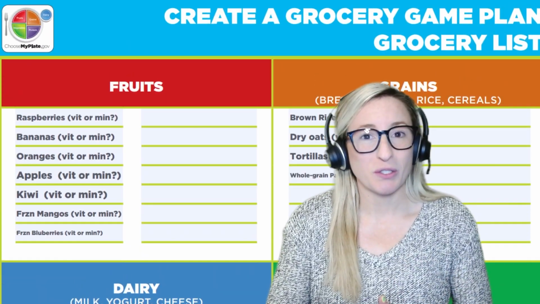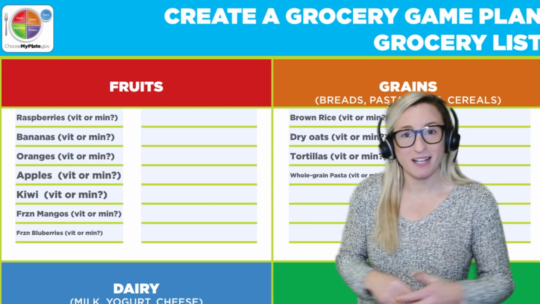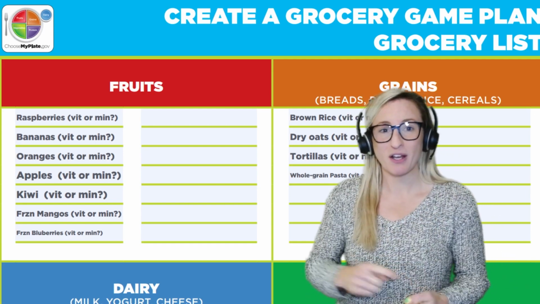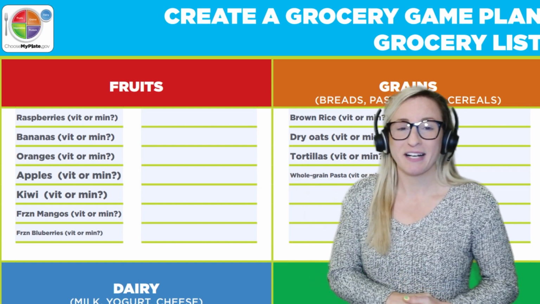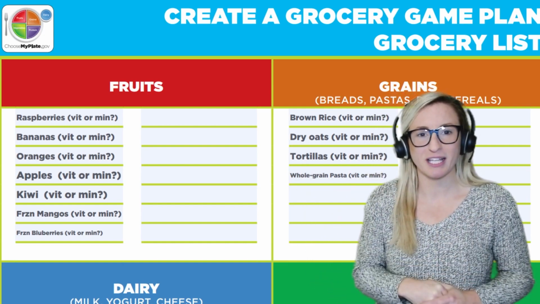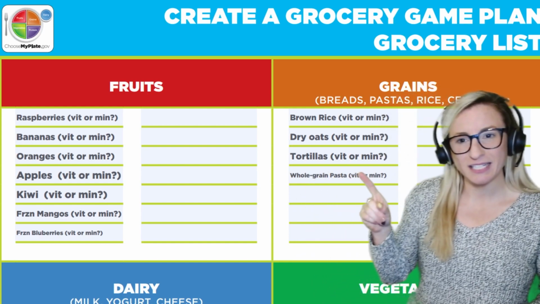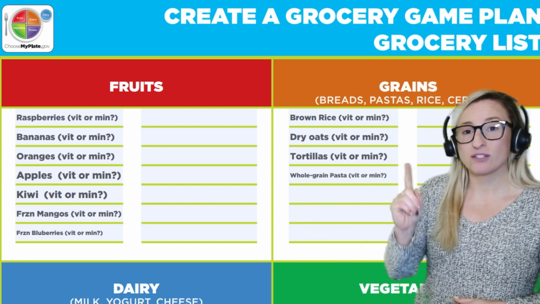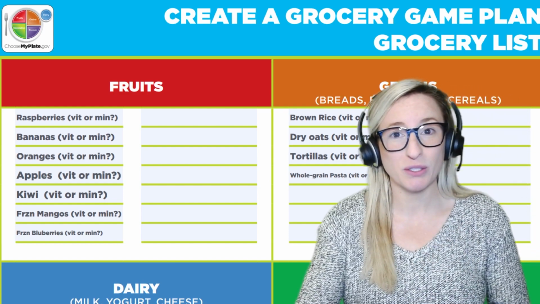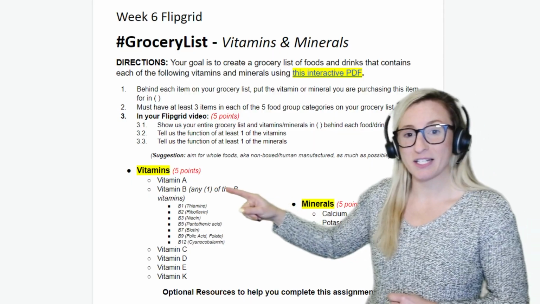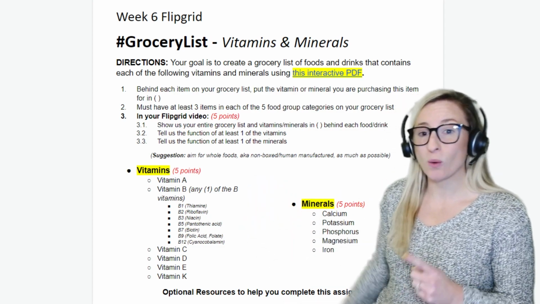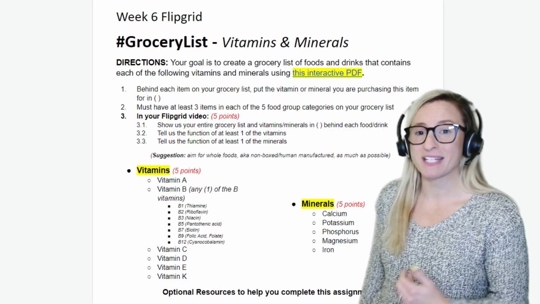What I'd like you to do is create a video where you're showing us this list. You can film your computer screen or do a screen recording of your computer screen of your grocery list. And then behind each food where I have vitamin or mineral question mark, it's your job to go back to this list, and here is where you'll type in the vitamin and or the mineral found in the foods on